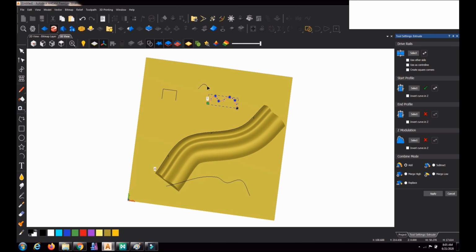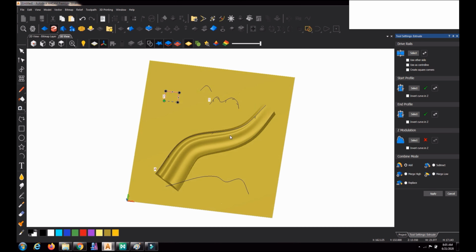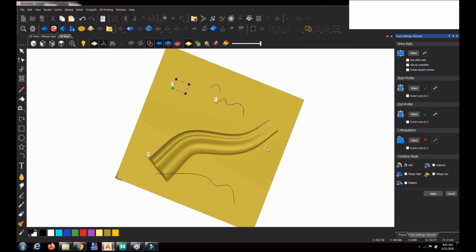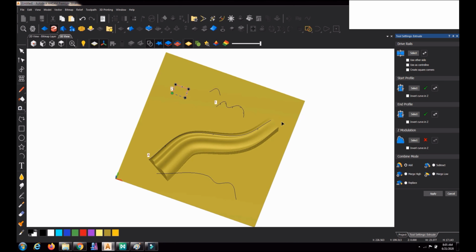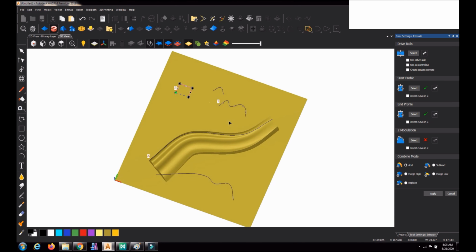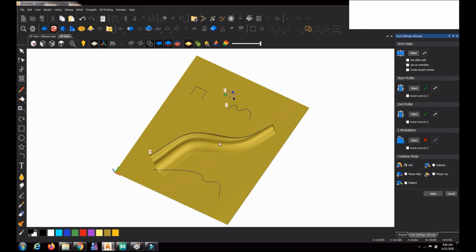I am clicking one of them. If I take this one, then select the end profile, you can see a 3D has been formed accordingly. So the start profile is different, the end profile is different. If you want to change the end profile to this one, you can select that one and again click the end profile, so it will be formed accordingly.